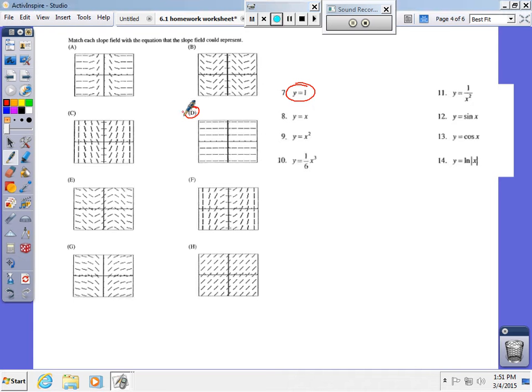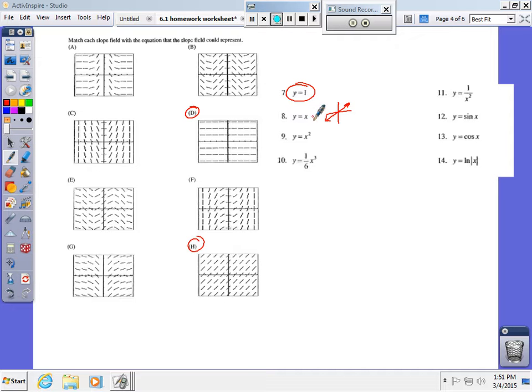For number 8, y equals x, you know what the equation of y equals x is. It's that value, and the slope field is going to be all of those diagonal lines, so that would be H. The other thing you could do is just pick points for x and y. So if you pick the ordered pair, hold on one second,